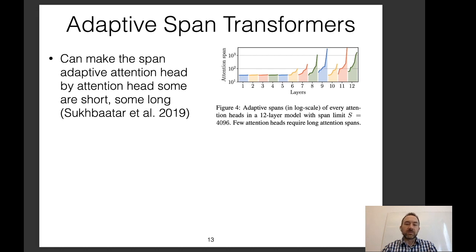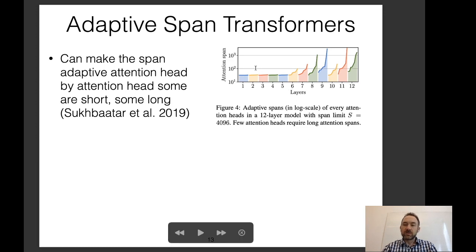So another method that people have used are adaptive span transformers. And the idea behind the adaptive span transformer essentially is that it doesn't necessarily attend directly to the entire context, but it can adjust the amount of context that it attends to. So in contrast to the standard transformer that has a fixed amount of context that you might attend to when doing any particular word, this allows you to extend the context beyond that fixed value there.